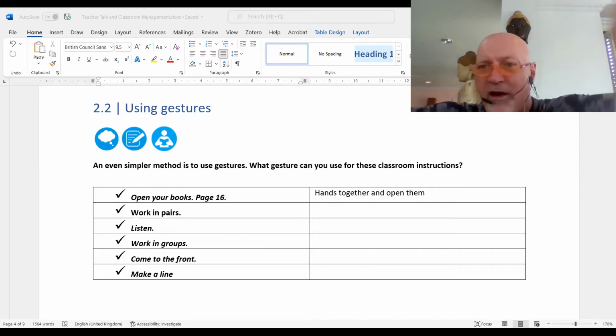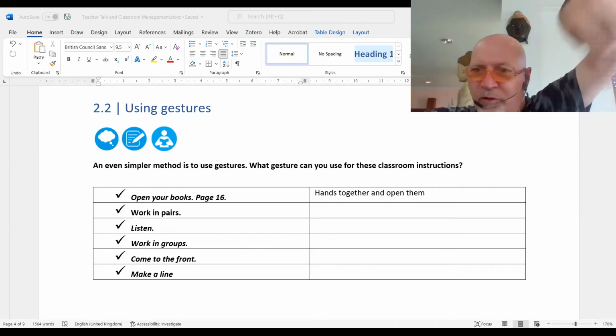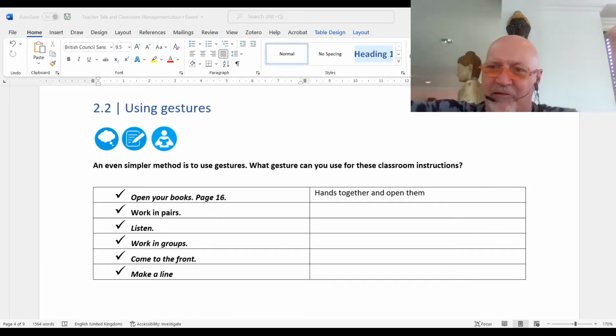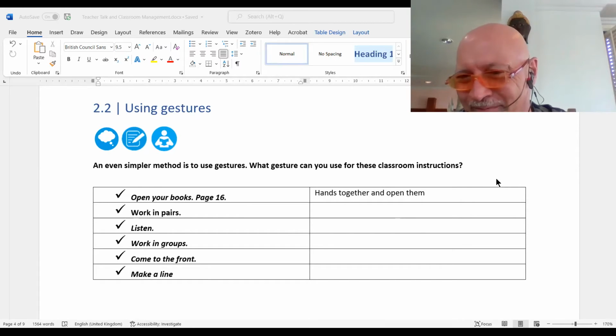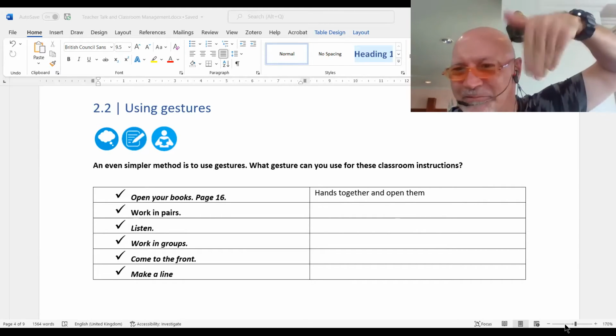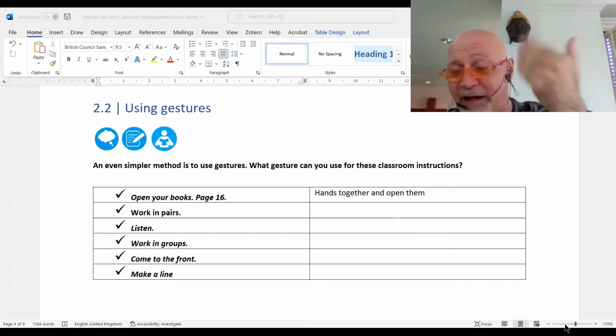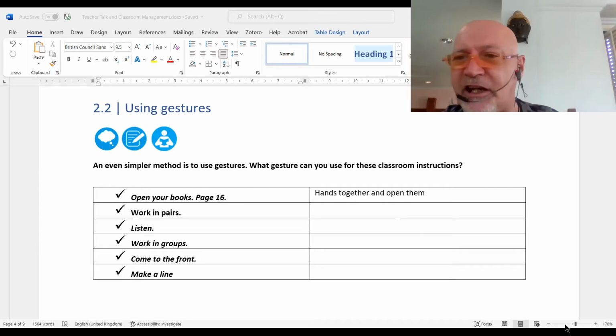And so it could be working groups, and you actually show the groups while you do this. It's clear that people are working together in groups of 3 or 4. Come to the front. What could you do there? Come to the front. I know that in Thailand we have a particular way of doing this because it's impolite to do it in the way we do it in England. How would you do that? Come to the front. Yes, come to the front. In England, we do this. That isn't polite in Thailand, only if you're going to be a policeman directing traffic. Come to the front, absolutely.